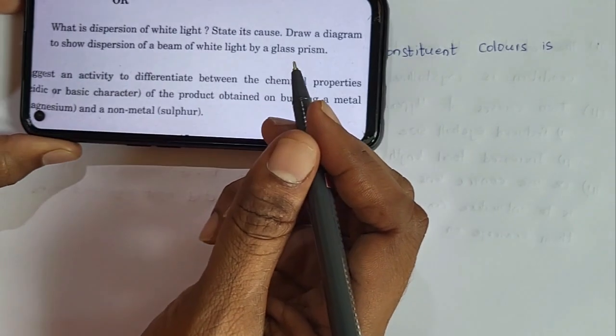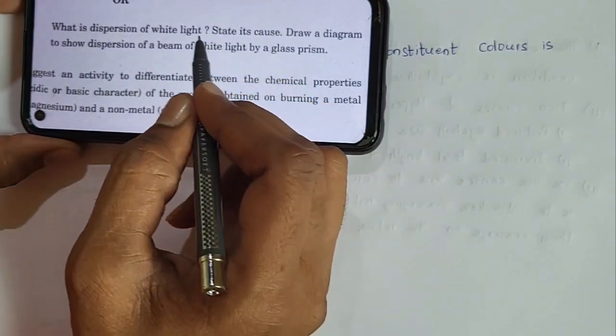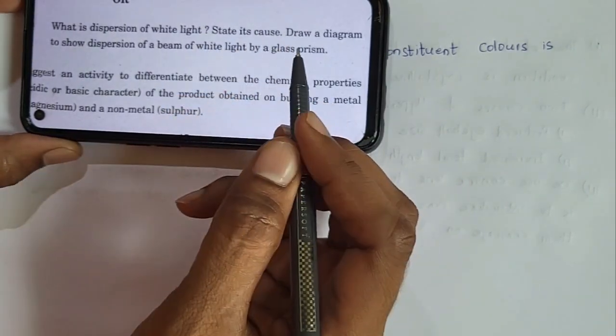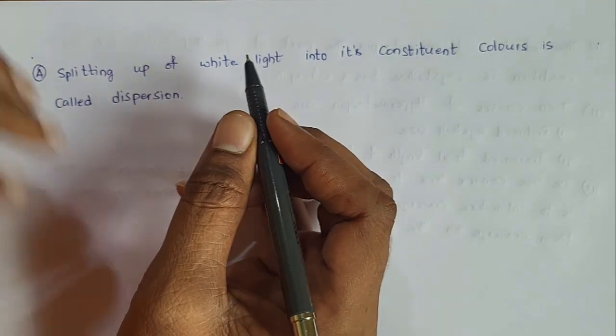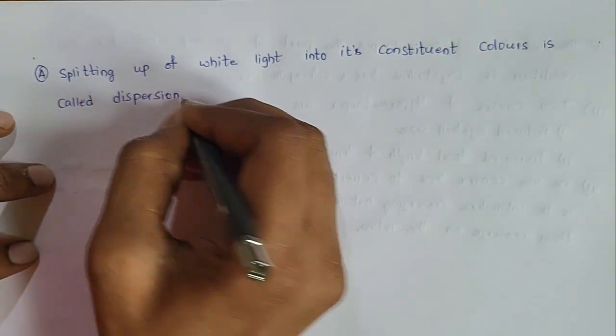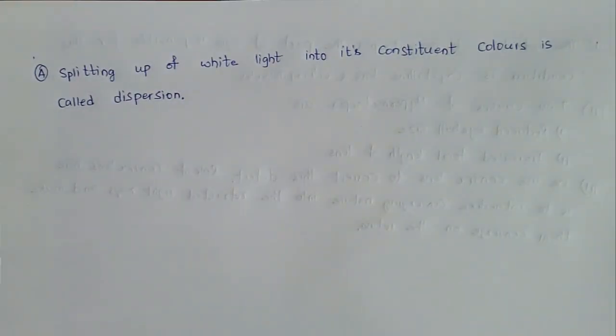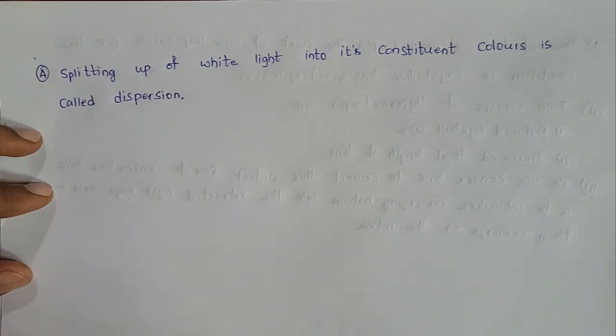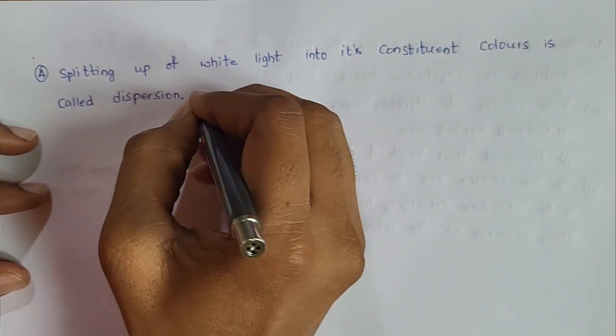State its cause. What is the cause of dispersion of white light? The main cause of dispersion of white light will be the wavelength of each color. Different colors have different wavelengths. Because of that, they will go through different amounts of refraction, and because of the different amount of refraction that each color goes through, what happens? They will disperse themselves. So the main cause